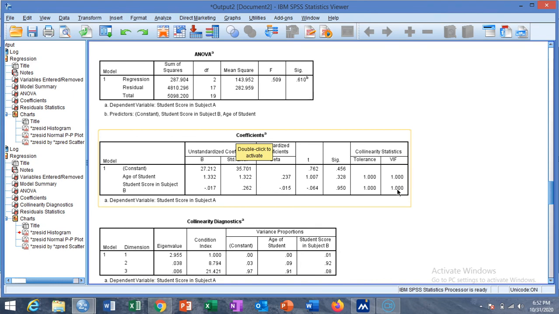The variance inflation factor indicates whether there is multicollinearity between the variables or not. If the VIF value is greater than 10, then we conclude that there is multicollinearity between the two variables.